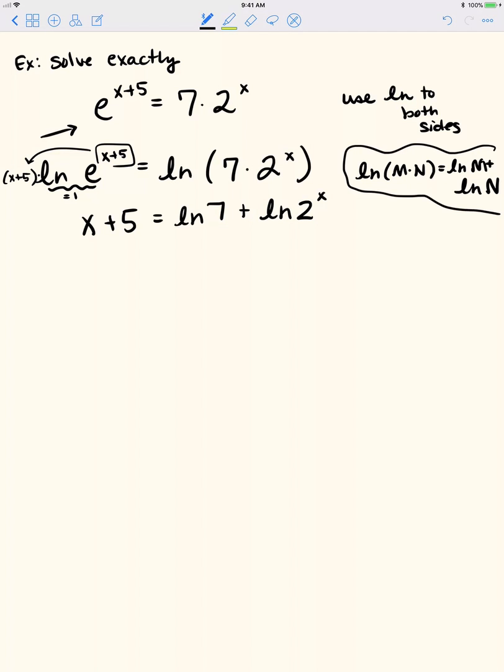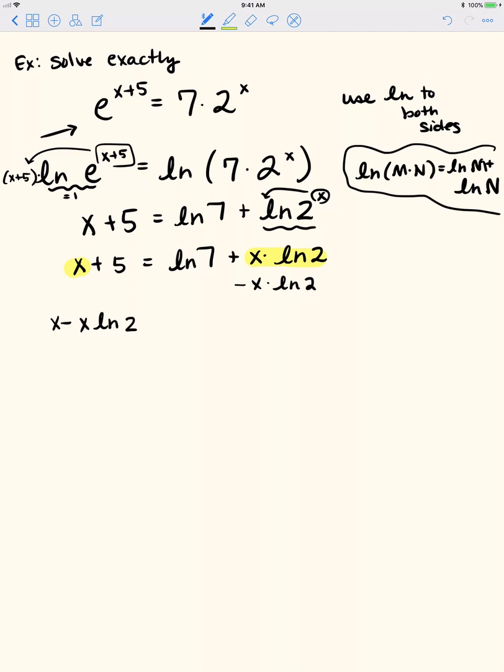The natural log of 7 is just a number. I still am trying to get the x's together, so I can use my log properties on this right term, the natural log of 2 to the x, and bring that guy down front. So I have x plus 5 equals natural log of 7 plus x times the natural log of 2. The two terms that have x's on them, I need to get on the same side of the equation, and the other terms not. So I'm going to subtract the x natural log of 2,